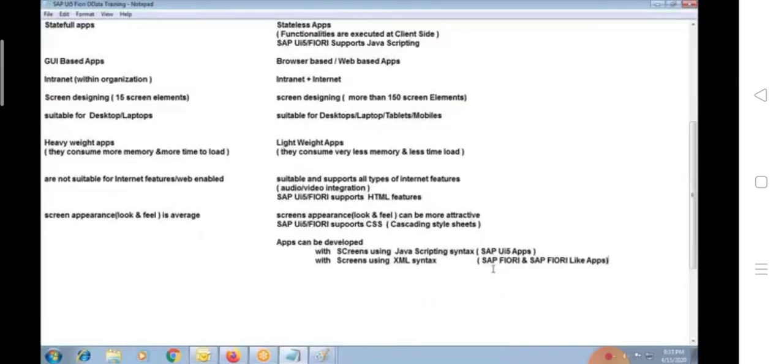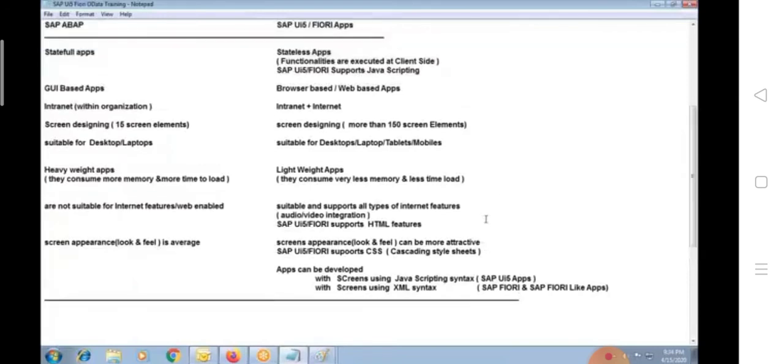According to SAP best practices, SAP has recommended screen development for SAP UI5 with JavaScript, and for SAP Fiori and Fiori-like applications, the mainly recommended syntax is XML. Okay? We are going to discuss both in practical, no need to worry. This is just an overview.